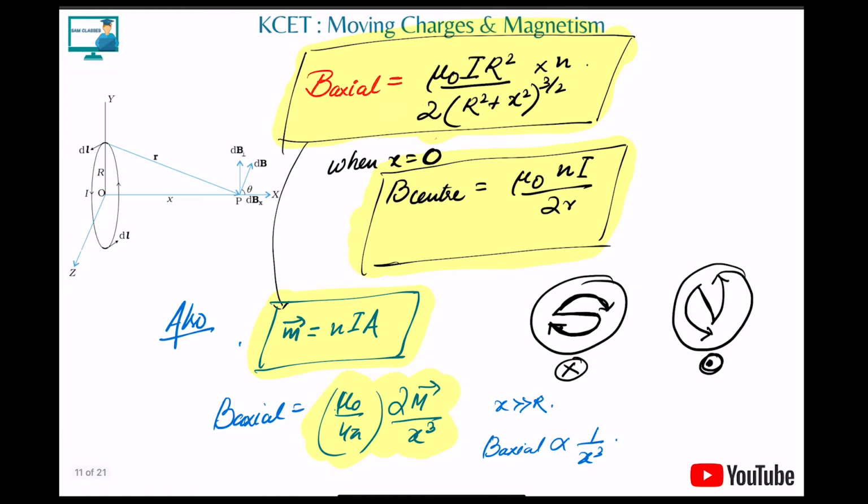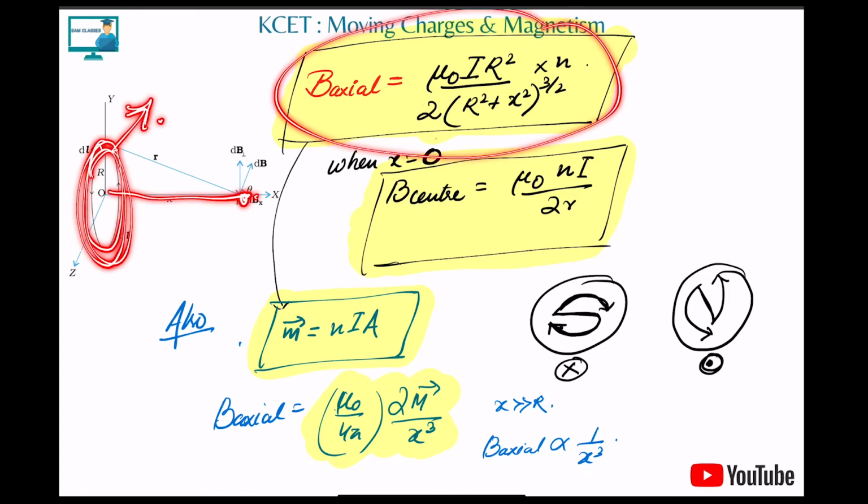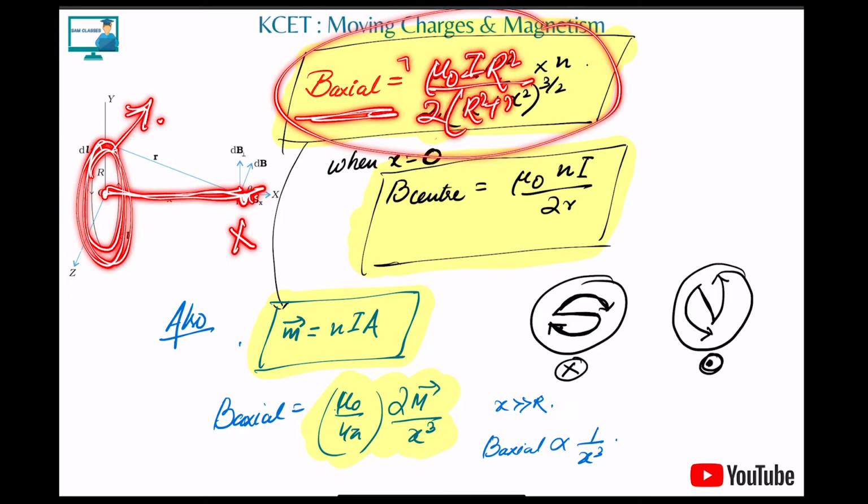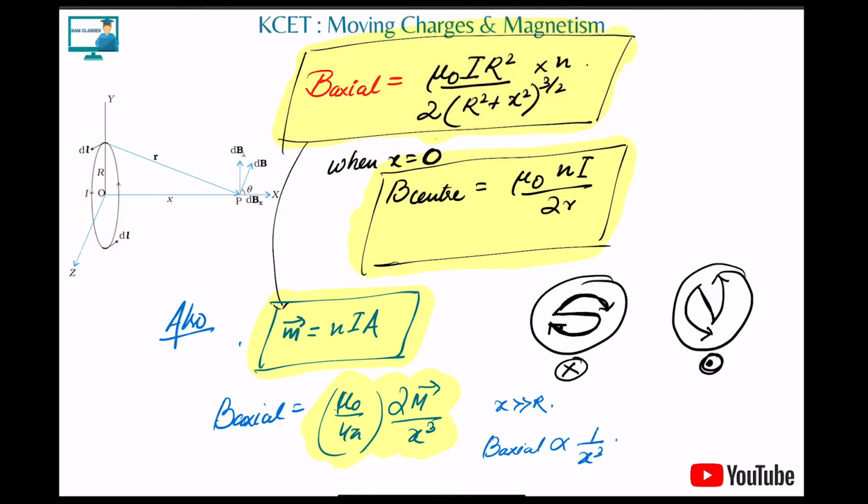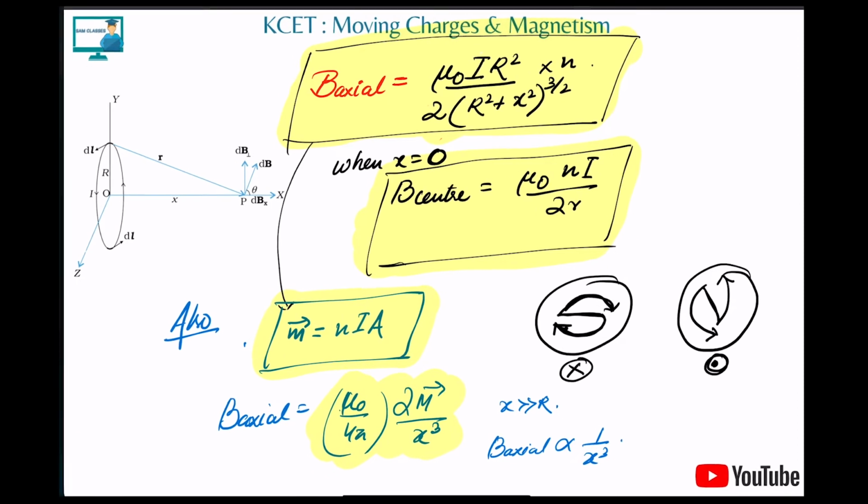Next, the magnetic field on the axis of a circular current carrying loop. This is a circular current carrying loop. So the magnetic field is, this is the formula. On the axis means on the line joining the center to this point, the axial point, we already know what an axial point is. That is equal to mu naught I r square by 2 into (r square plus x square) whole power 3 by 2, into N if more than one coil is there, so N number of turns. At the center, if you put x equal to 0, you'll get the field at the center.